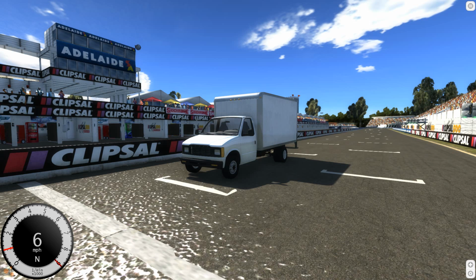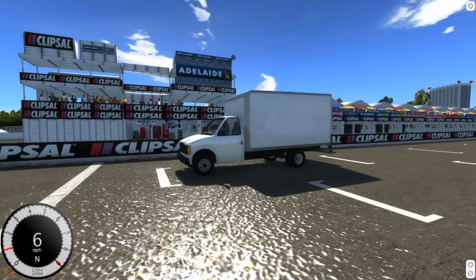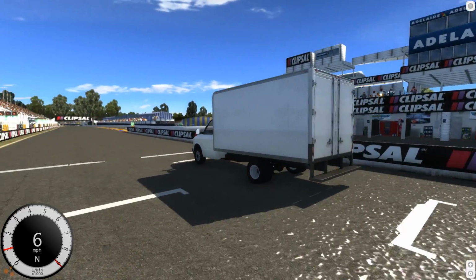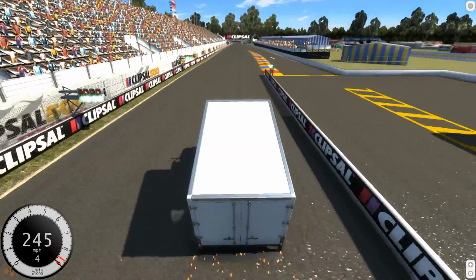I'm here on the streets of Adelaide to test out some more cars, or in this case, a lorry. This is not a standard one though. This is the Wheelie Truck. I can't remember how many horsepower it's got. It's got many horsepowers. I've used it in a few videos before, and as you can see, when you launch